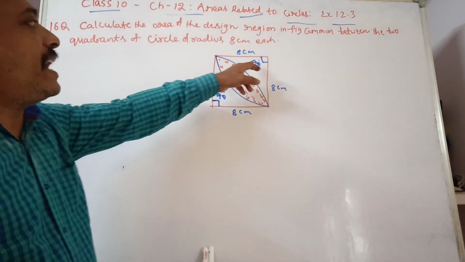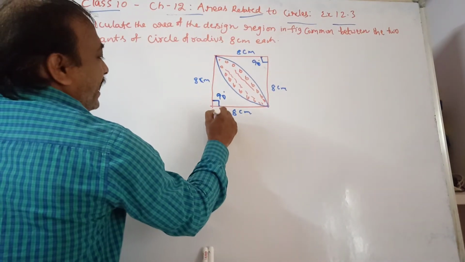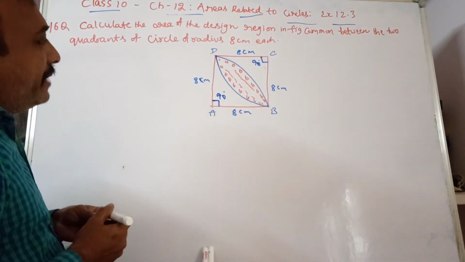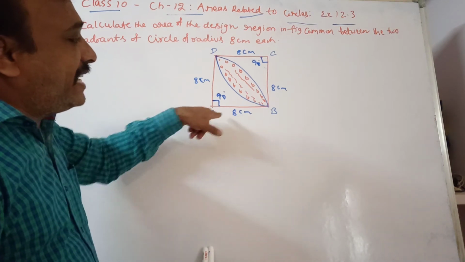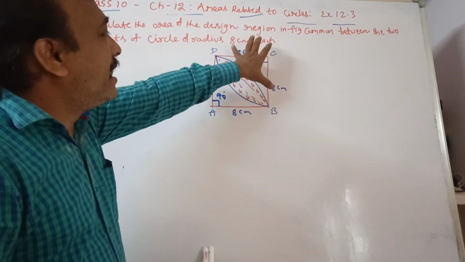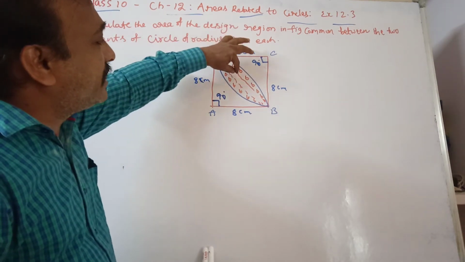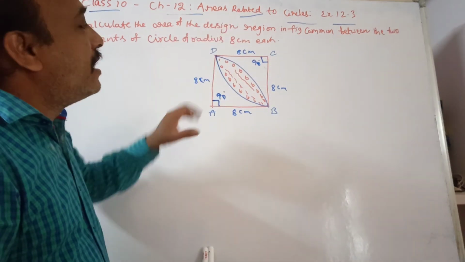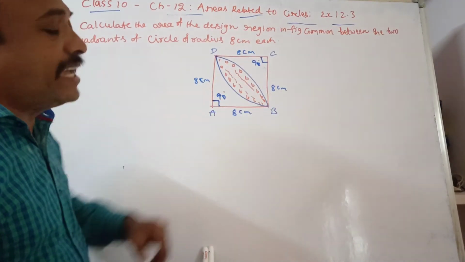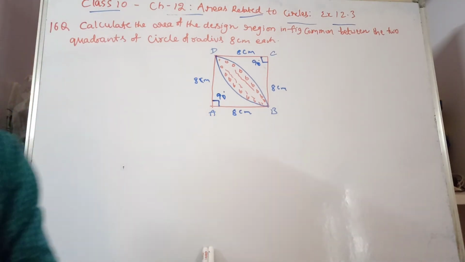So the area of these two quadrants, this portion is completely covered and this portion is completely covered from here. If you subtract the area of the square, which we will name ABCD, from the area of the two quadrants, what are the quadrants? The radii are the same. ABD is one quadrant, BCD is another quadrant. In the two quadrants, which is the common portion? This is the common portion. So if you subtract the area of the full square from the area of the two quadrants together, then you will get the area of the shaded region.